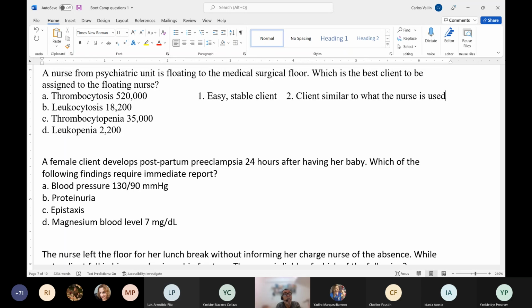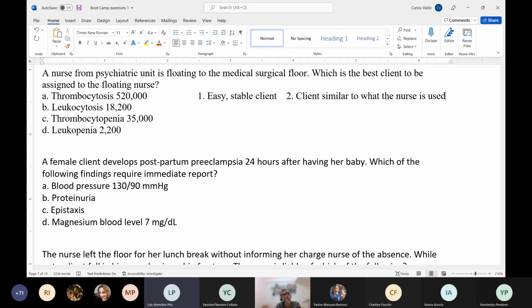Don't be cowards. I mean, this is the most stable. I was thinking of the last one, because of the leukopenia. I don't think the leukopenia is a stable patient. No, I know. I was thinking of the leukopenia because of the side effect of the antipsychotic. Yes, but it's not the. In this case, it should be the first one.